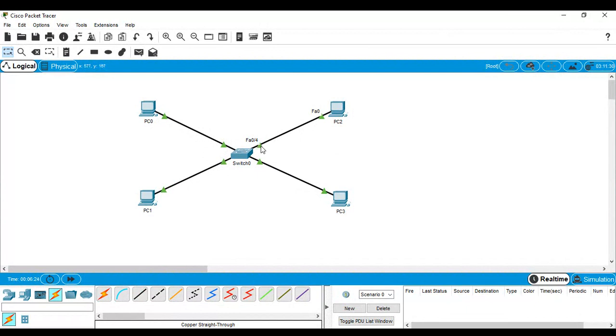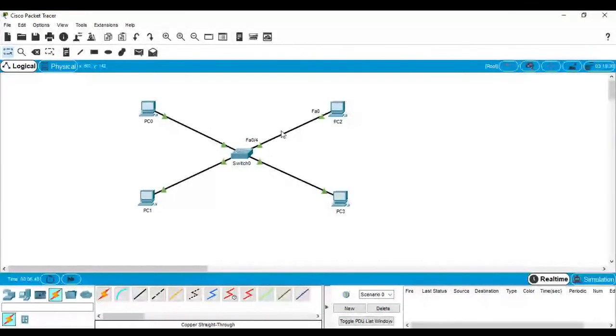Okay, now all these points are green. So you can see that the connection between the switch and your PCs has been established. This is analogous to the physical connection between your PCs and the switch.